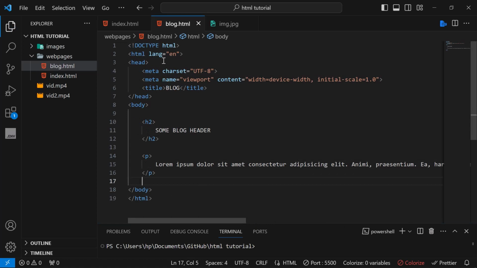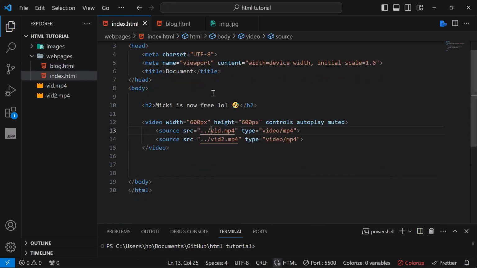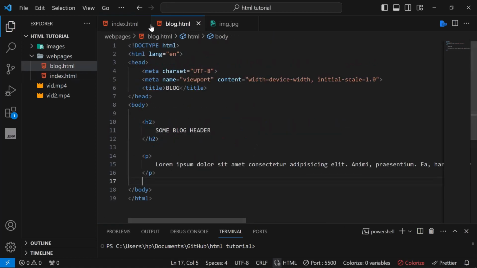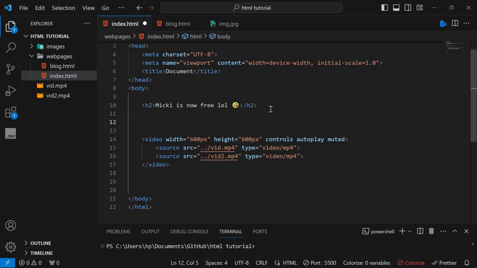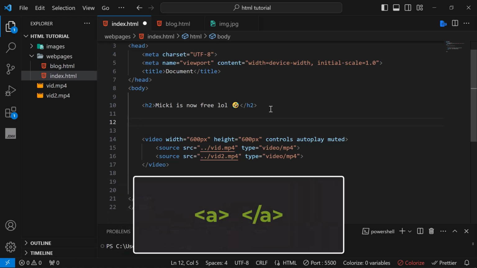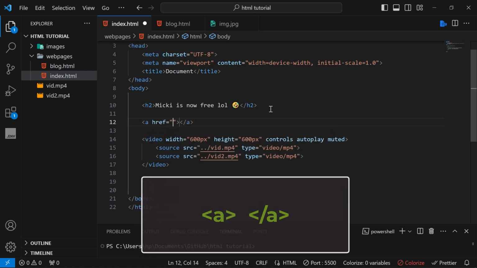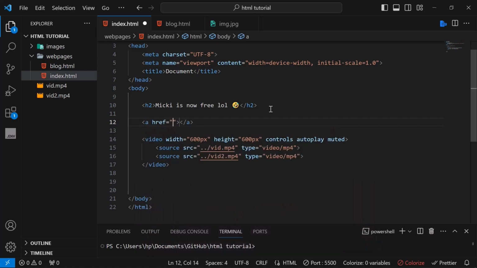So this is on a totally different page, but I want to be able to navigate there on a whim, whenever I feel like it. So we use hyperlinks to do that, and it's written with the anchor tag. You write that by typing a. This takes in href, and as we already know how to work with file paths, we'll be using file paths to work with this. Right now it's in the same folder, so we don't need to type much. You just type